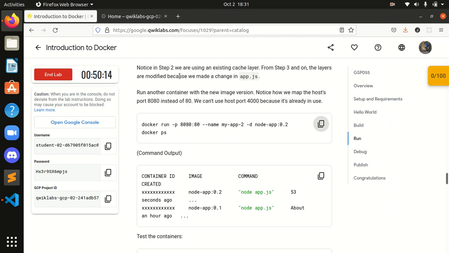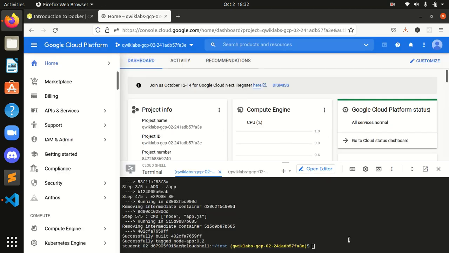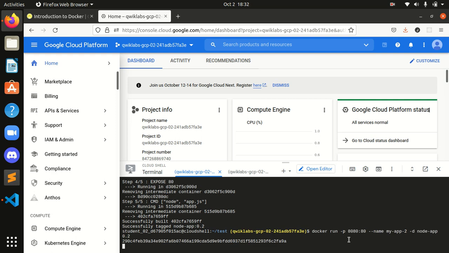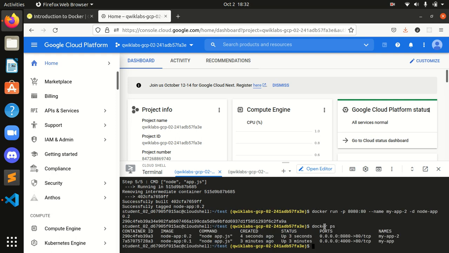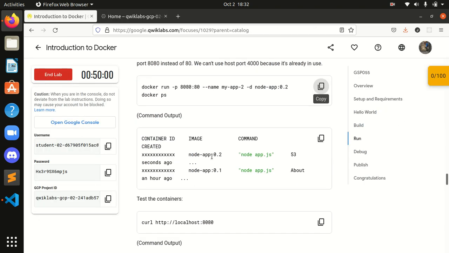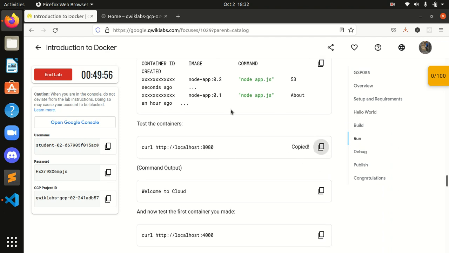Notice in step 2 we modified and made a change. I will simply run this command, and we are done with this also. As you can see, we have created another 0.2 part. Now let's test the container with this command.